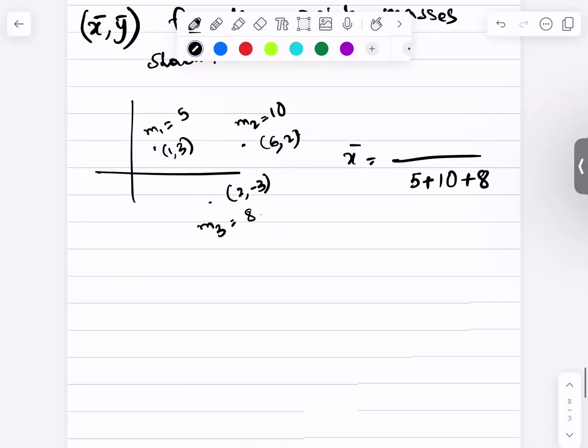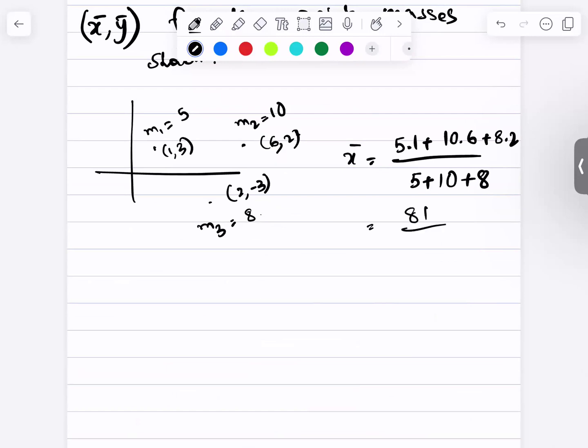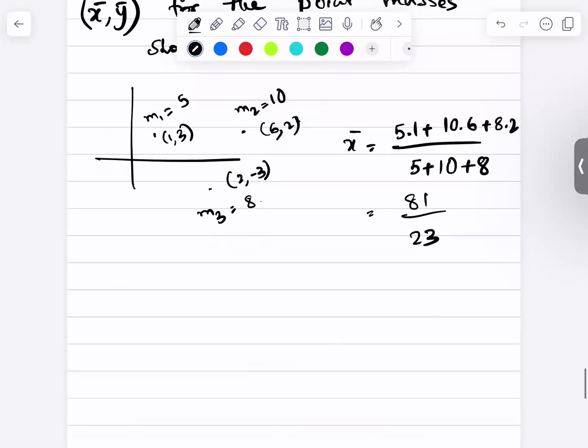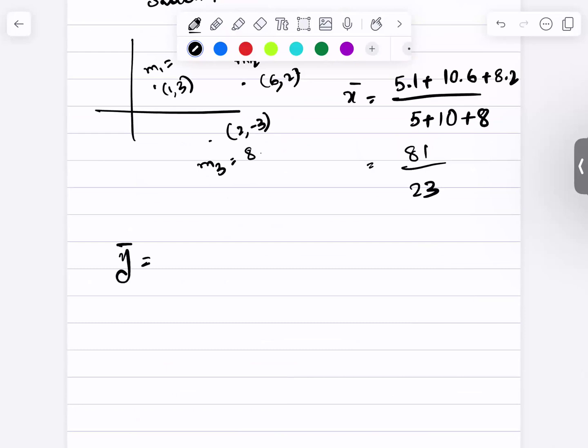So this will be 5 times 1 plus 10 times 6 plus 8 times 2, which is just 65 plus 16, 81 over 23. Similarly, y bar will be m1 y1 plus m2 y2 plus m3 y3 over the sum, which is 5